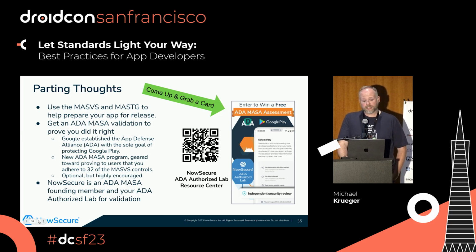So with the parting thoughts, MASVS, MASTG, they really do help you prepare your app for release. If you've got a security team internal to your organization, if you've got an external security partner that you're using, or maybe multiple, we work with plenty of companies that are here today that engage multiple different pen test vendors, multiple different security automation, testing, instrumentation vendors. It's a lot of resource commitment, but it's also a lot of pressure because these issues ultimately come back to the development teams.